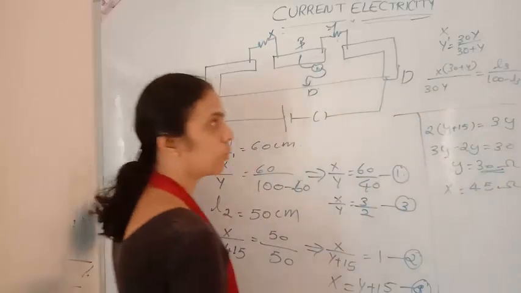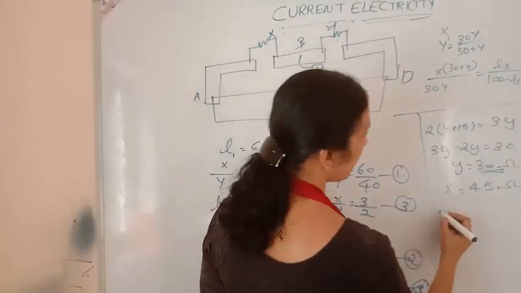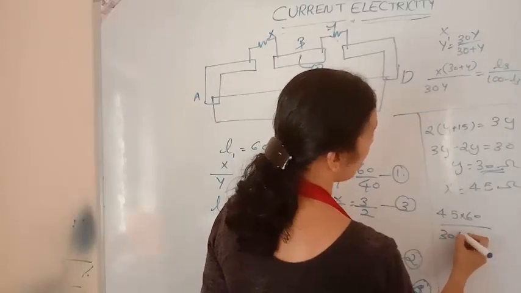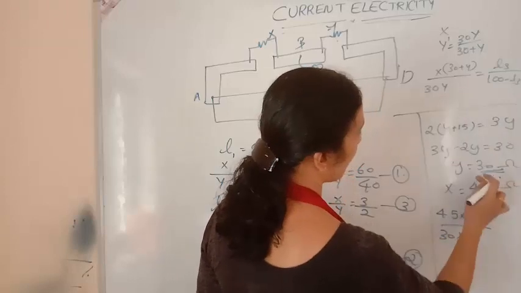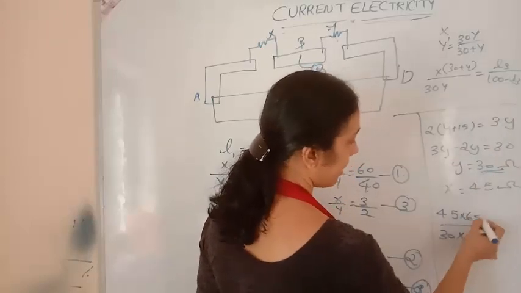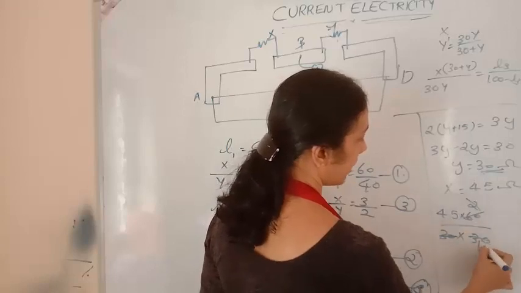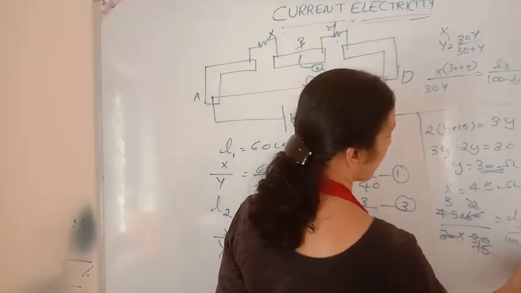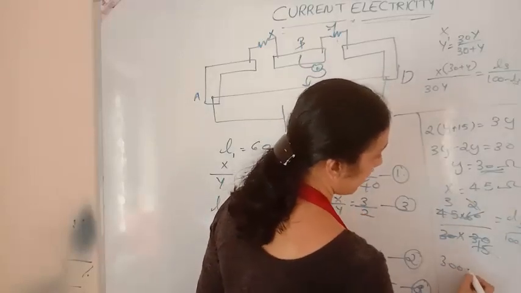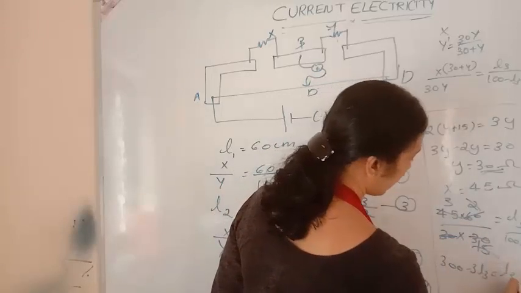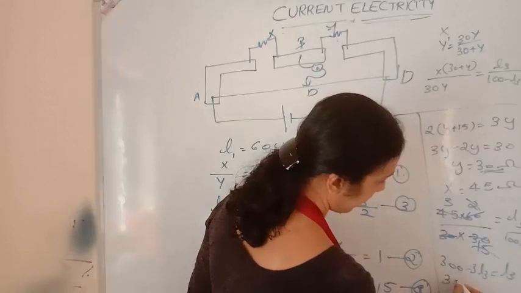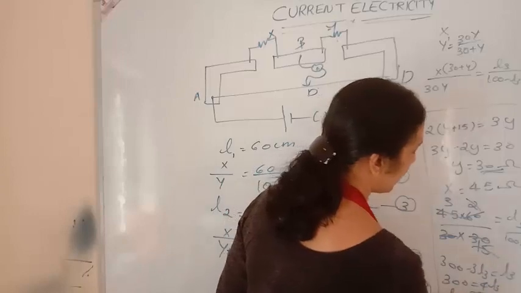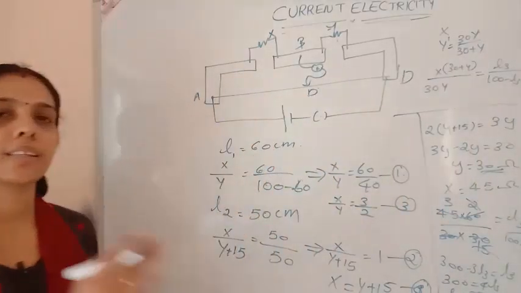30 ohm and 45 ohm we got. Now we can substitute that value over here. So 45 into 60 divided by 30 into 6. What is y here? 30. Okay, now we will be getting it as 2 1/5, that is 3. That is equal to L3 divided by 100 minus L3. So 300 minus 3 L3 will be equal to L3, and we will be getting it as 300 equals 4 L3. So L3 we will be getting it as 75 centimeter. Okay, so this is how we will be finding out.